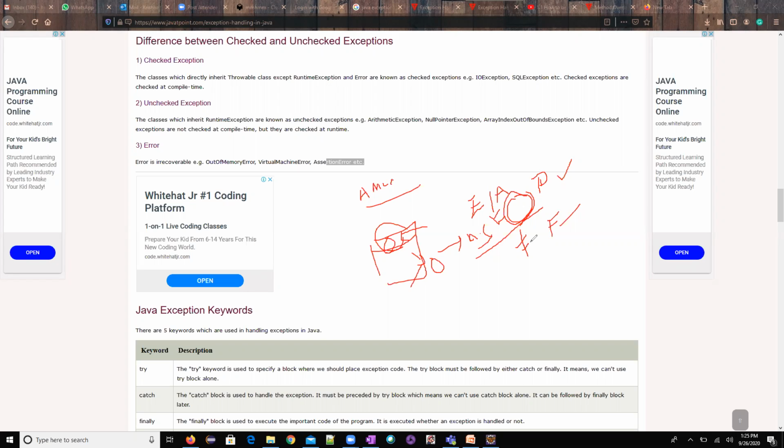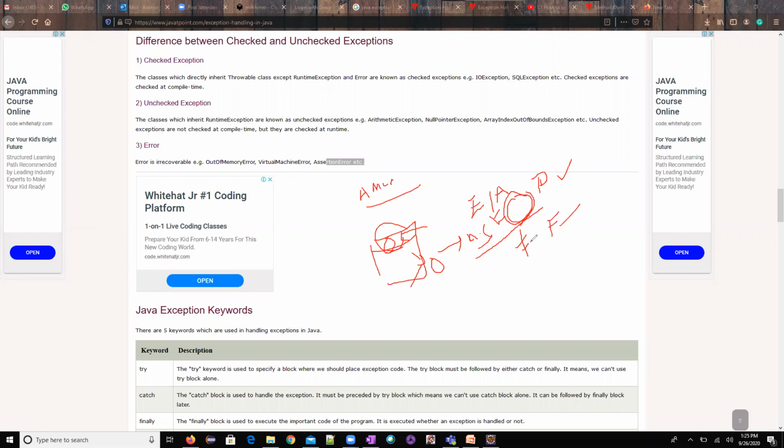A bug is the deviation between the actual result and the expected result. Perfect. So a bug is nothing but an unexpected result, a deviation from your requirement. Then what is a defect? If it is identified by the tester, then it will be the defect. If it is accepted by the developer, then it will be the bug.